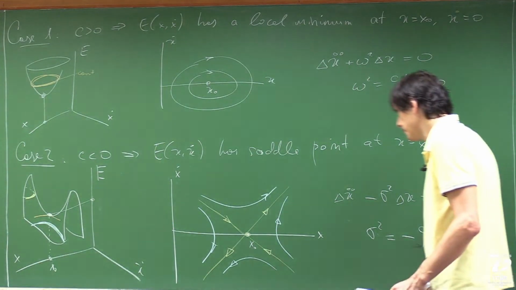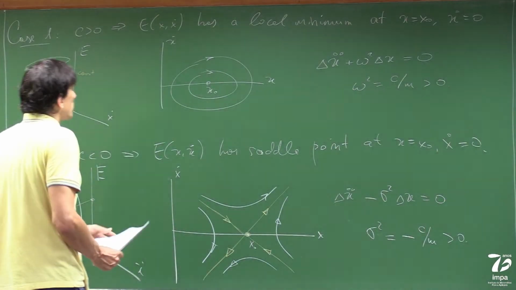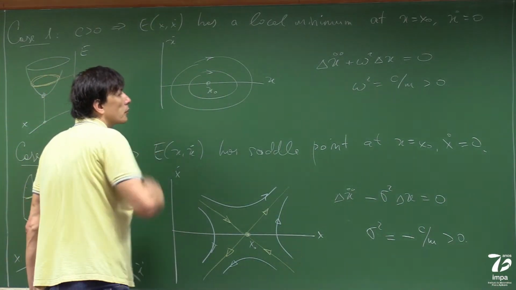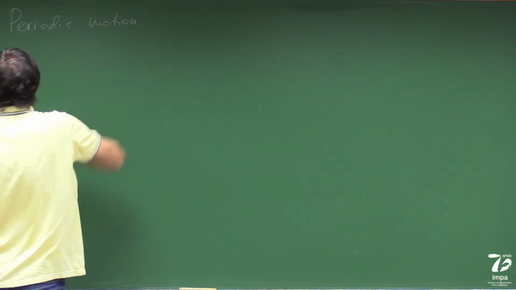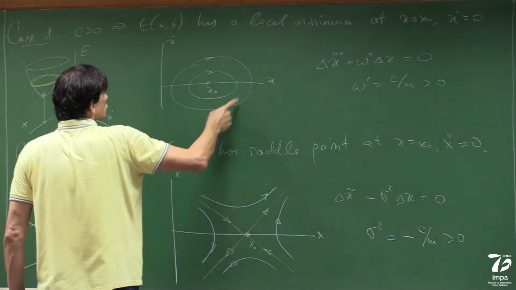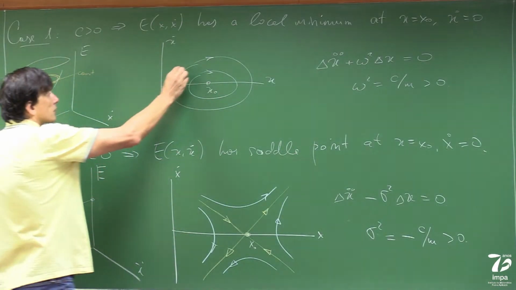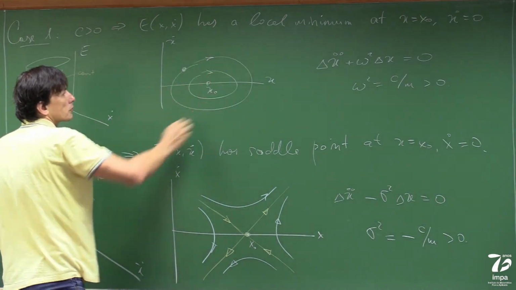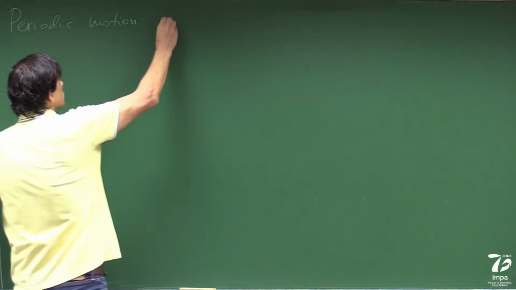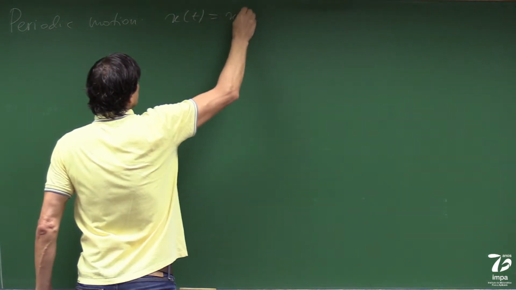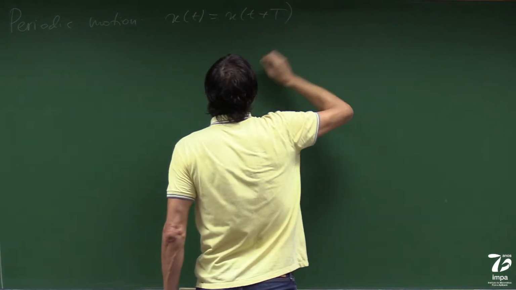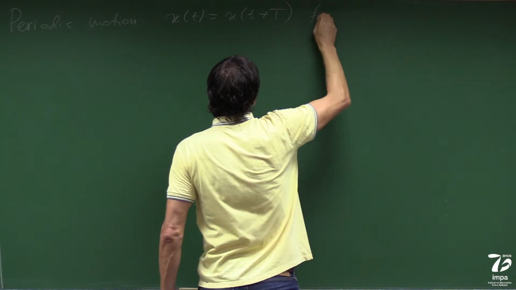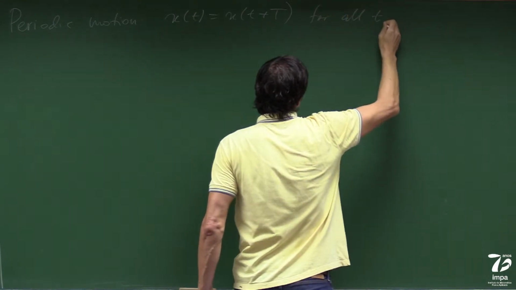And then also what we computed is we computed considering the periodic motion. So every closed curve defines a periodic motion. So starting from any point, you return to that point. So the periodic motion is a solution which has a property that if you add some given number T, which is called period, then it's the same value, the same point. So for all times